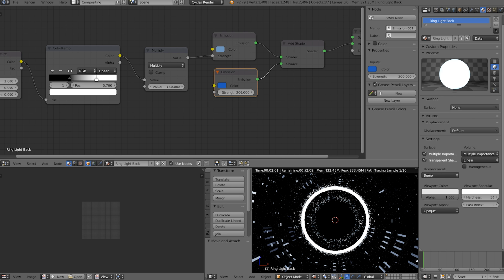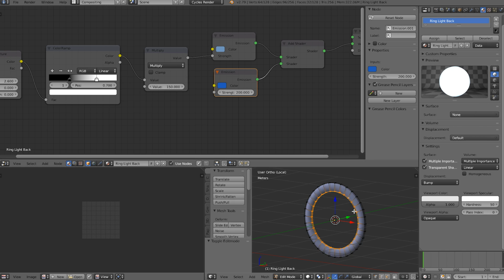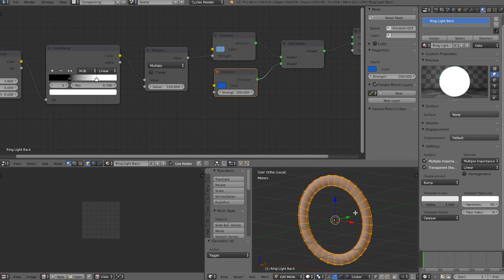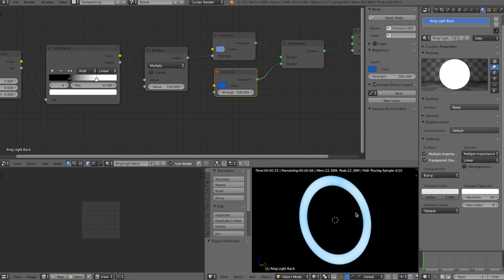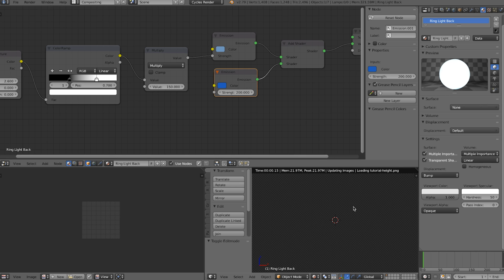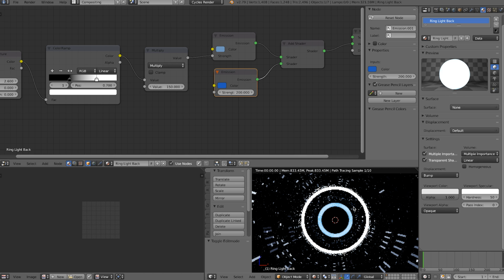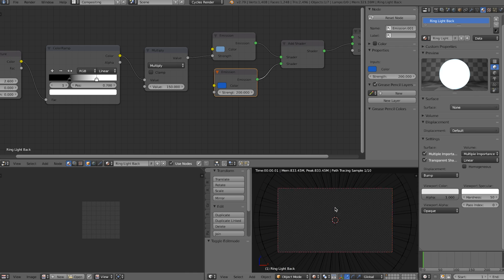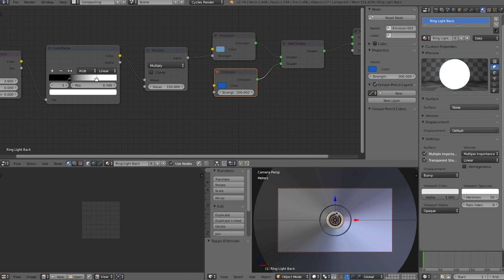So now if we look, we should see both of these lighting up, and the back one, it looks like our normals got messed up on this object somehow. So let's just fix that by going into edit mode with Tab and then hit Control N, and now we should start to see, there we go, the colors of that object. So if we look at that now, cool, that's looking exactly how I want it, where we've got this kind of thicker, bluer ring in the back and a brighter ring up front. Awesome. So let's save really quick,